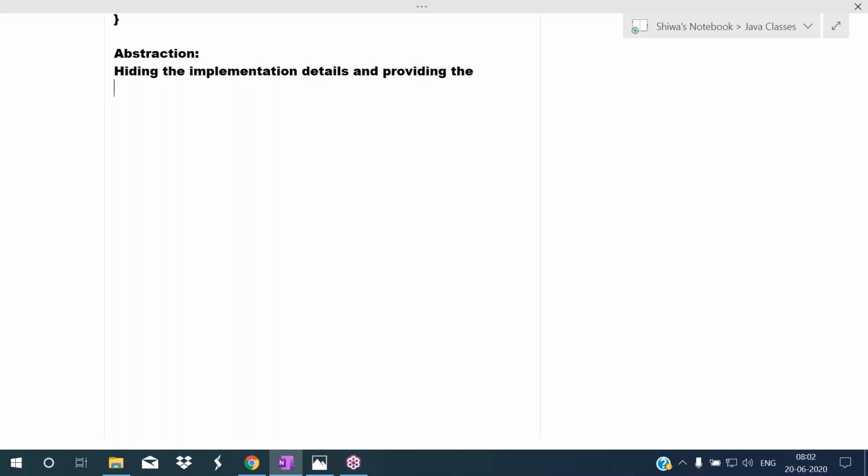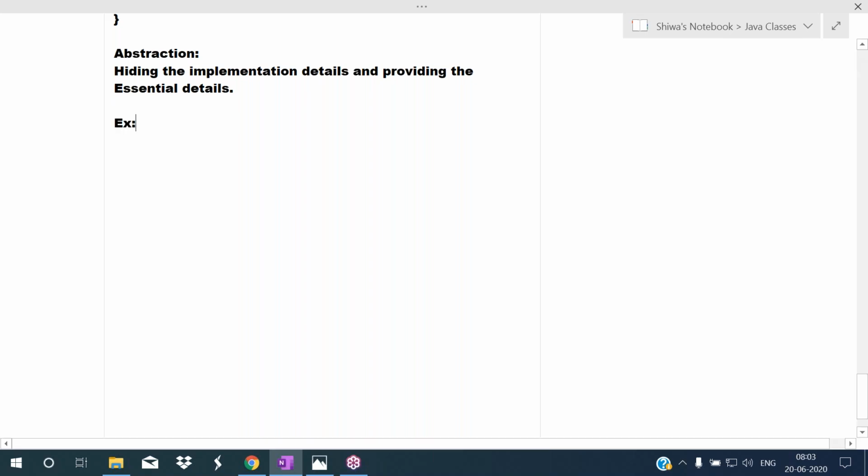Hiding the implementation details and providing the essential details is called abstraction. So all the functions come under abstraction only. All the methods are examples of abstraction. You are defining a class, that is abstraction only.